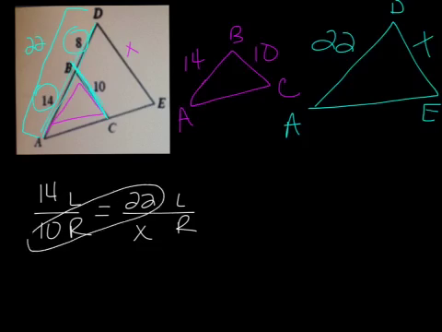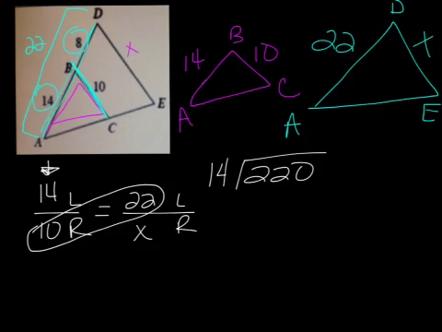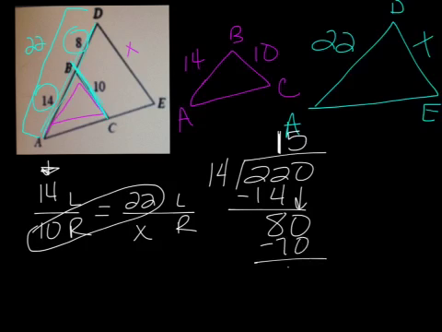I'm going to have to multiply across. Well, 10 times 22 is 220. I'm going to have to divide by this random number over here, which is 14. How many times does 14 go into 22? Well, that's easy. It only goes in there once. 22 minus 14 gives me 8. Bring down my 0. How many times does 14 go into 80? Well, I know 14 times 5 is 70, and if I put one more in there, it's going to be too big. So up here it's going to be 5, and that means I'm going to take away 70,